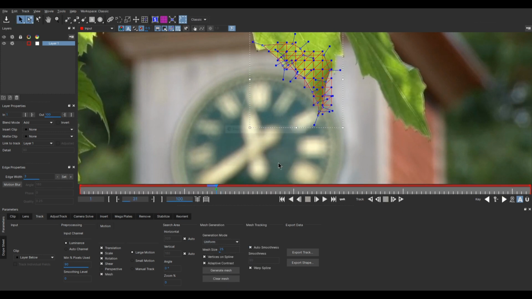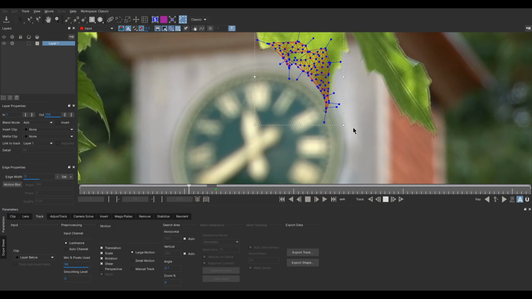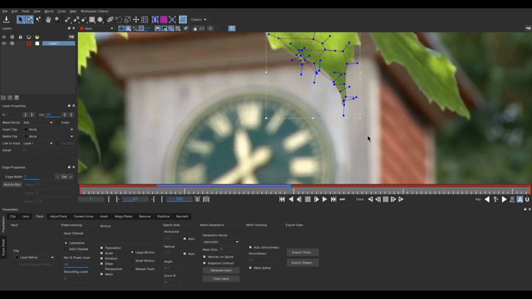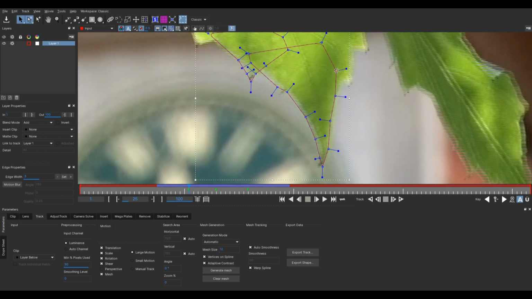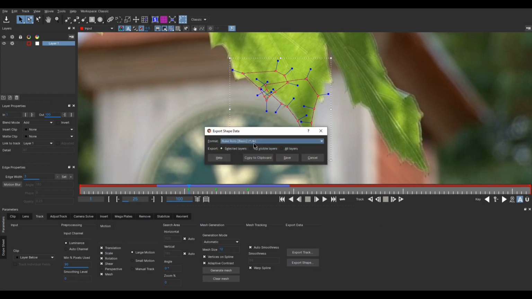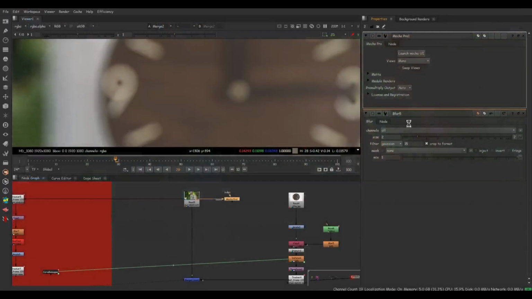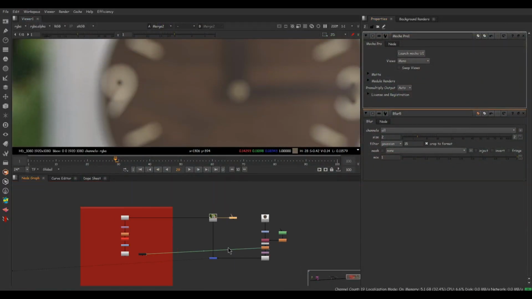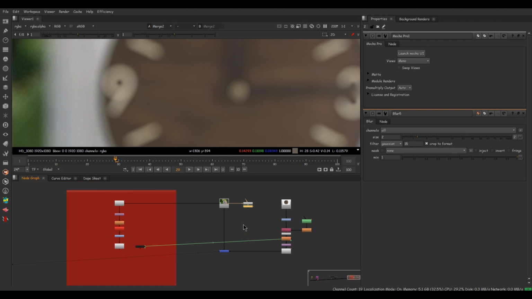Hold on a few seconds. Adjusting the shapes a bit. Now let's export this spline back to Nuke. Export track, Nuke roto shapes and copy to clipboard. Save the file and close Mocha Pro. Just paste. And here we have the roto spline. Let's take a copy pre-mult.